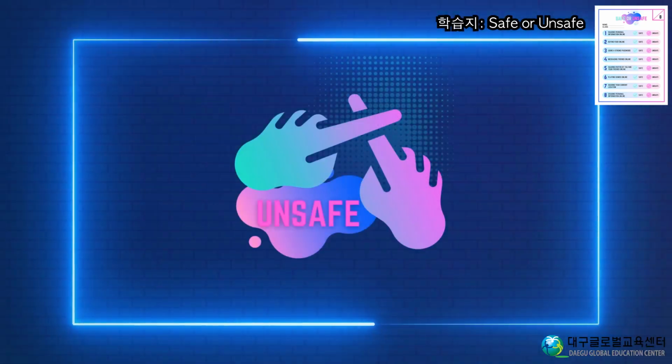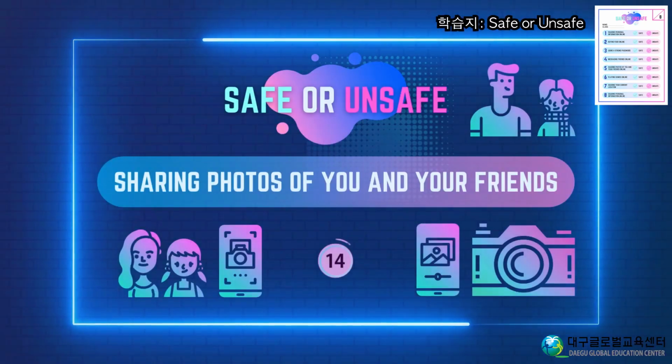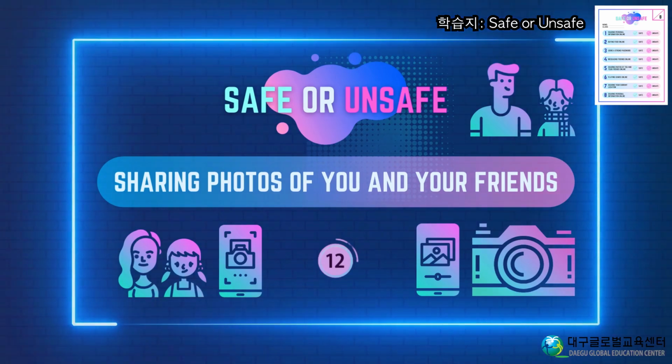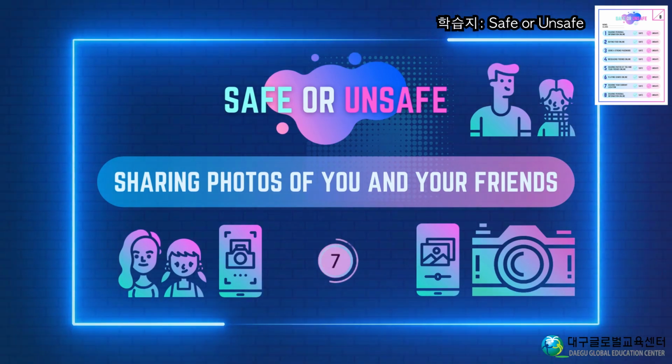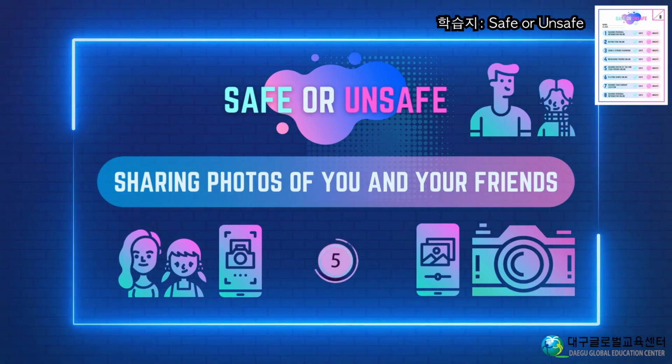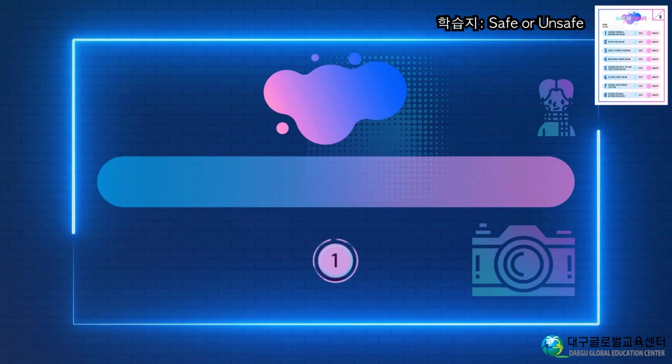Unsafe. Sharing photos of you and your friends, safe or unsafe? Safe.